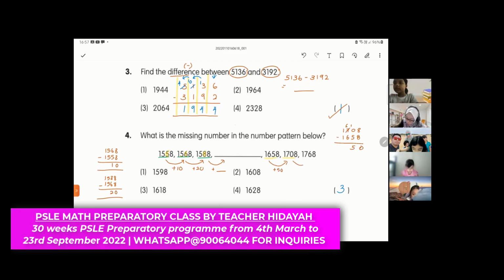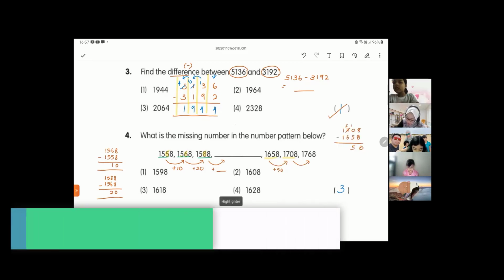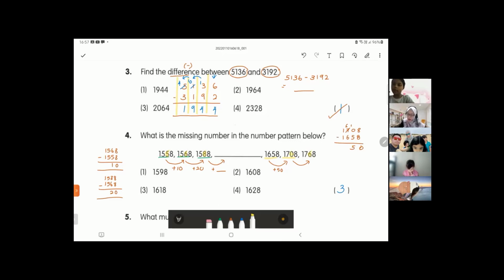Okay, let's check between these two. I can do shortcut. Here 0, here 6. That's the difference, what? Okay, so it's plus 60. Can you see there's a pattern going on? From 10 to 20, 20 to something, and then something to the other one will be another pattern, and then 50 to 60. If you can see, the pattern increased by 10, increased by 10, increased by 10, increased by 10, and then